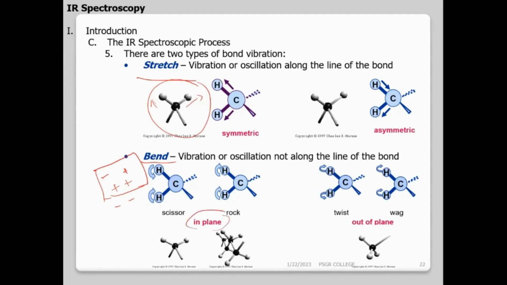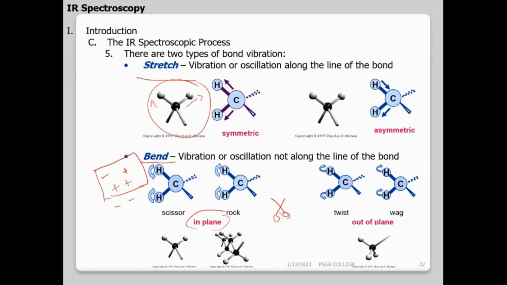Okay? So for example, scissoring. You must have seen a scissor. Scissors will be like this. Just move your hands and visualize it; you can try it with your hand now. Scissors will be in plane; they never go out of the plane. The scissor cuts within the plane. Okay? So it is in-plane bending.